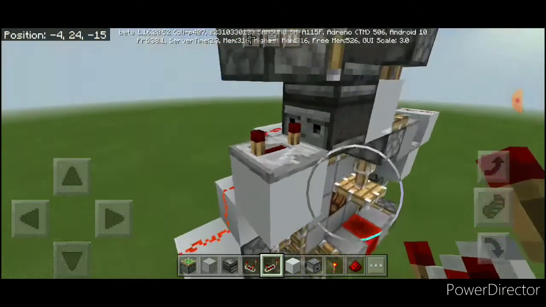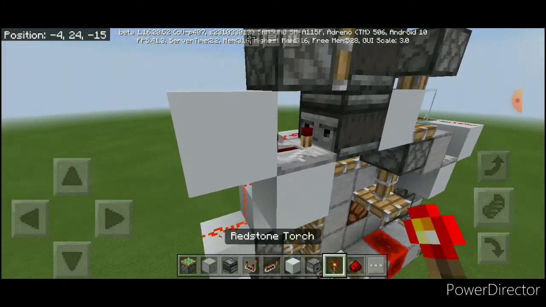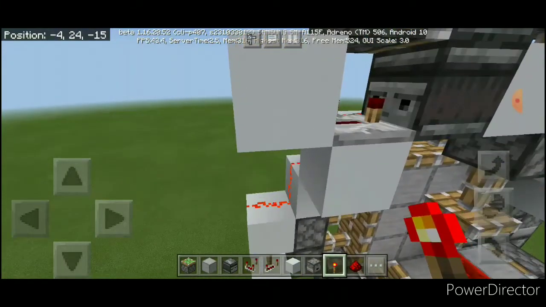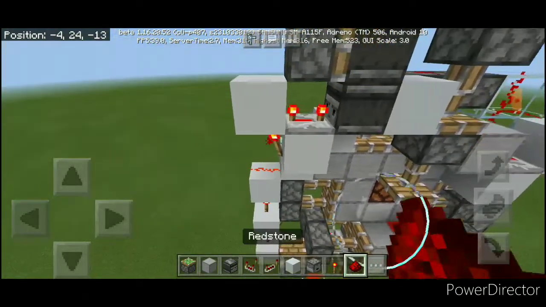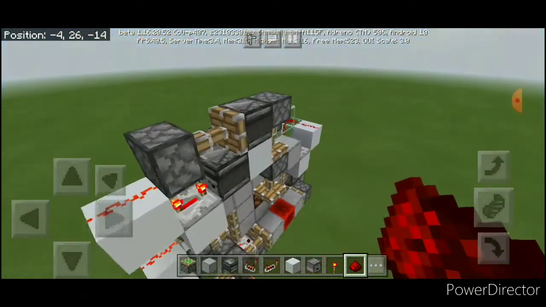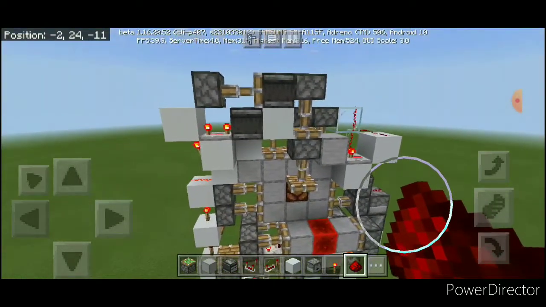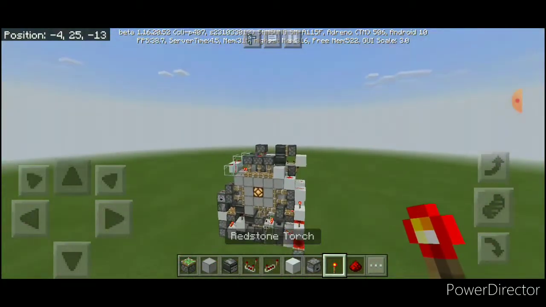Set it onto 4 ticks, a block. Oh, and another block right here with a redstone dust on top. So now you have finished your double piston extender if I built it correctly,